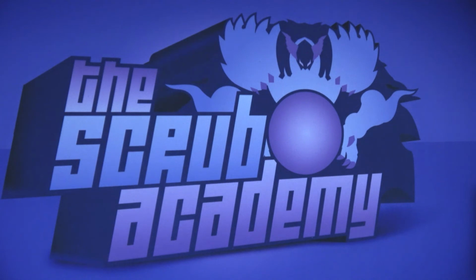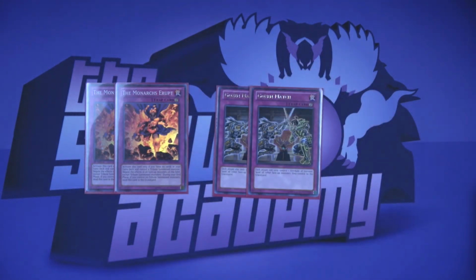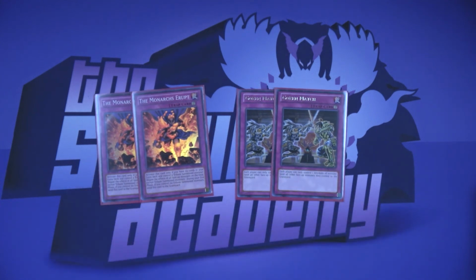You don't want to put too many Sanctum stuff in, or too many artifact cards in, but we do play the 6. And then following it up, we do have the 2 major floodgates, I should say, on the field for us. We have the Monarch's Erupt, which stops all monsters' effects that aren't tribute summoned, as well as 2 Goes in Match. I used to play Rivalry in the deck, but Goes in Match hits the 2 key big